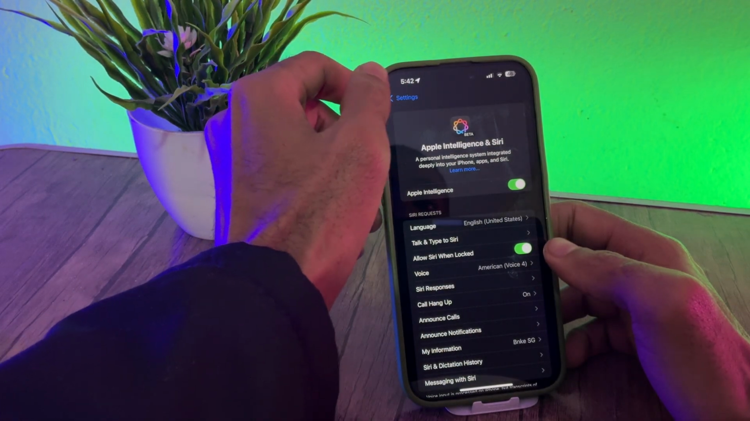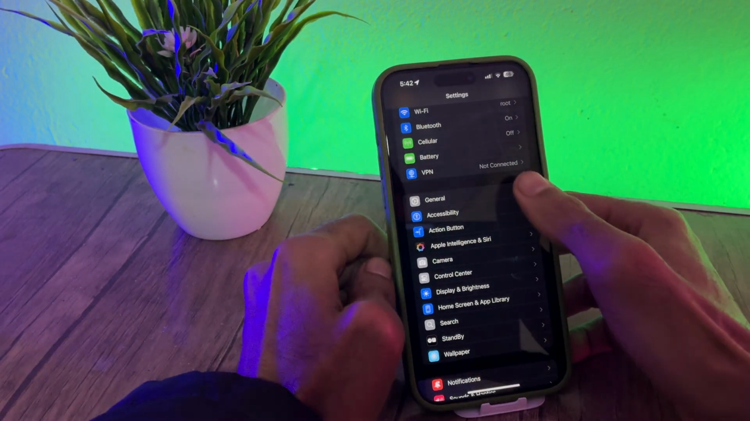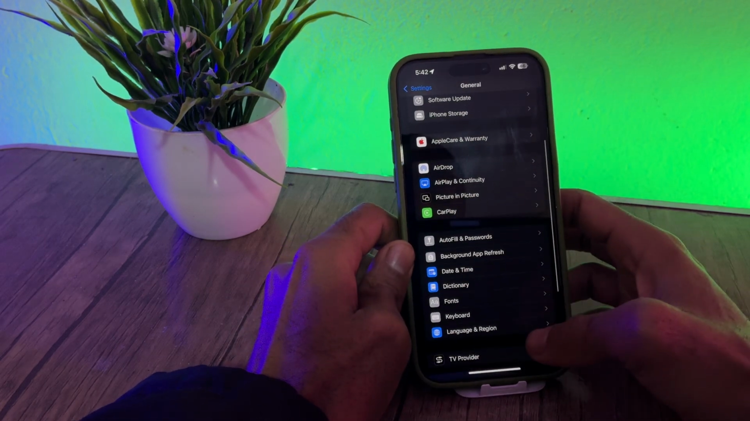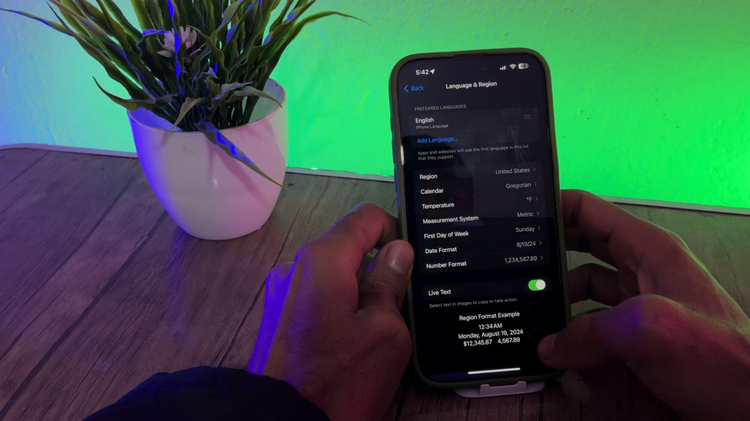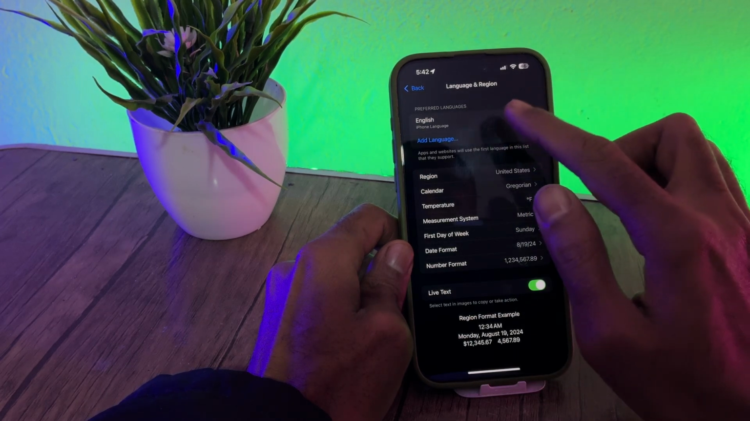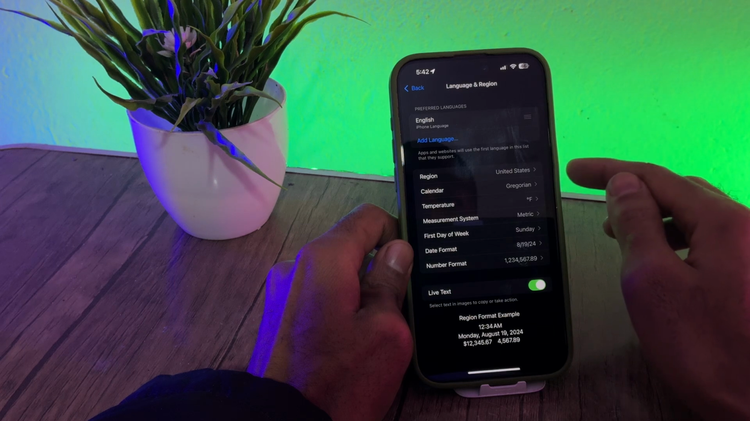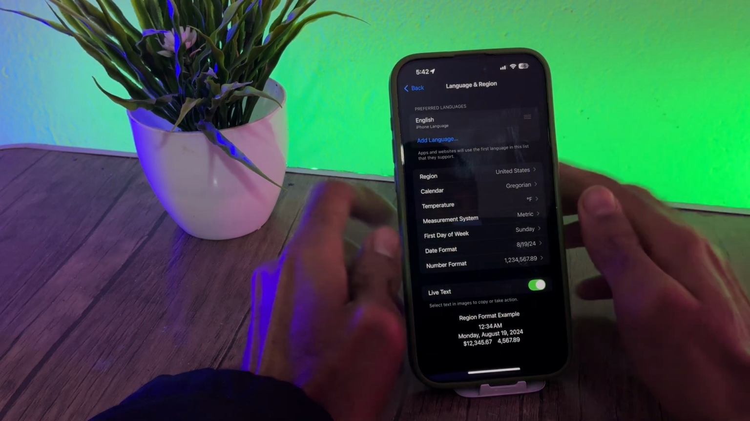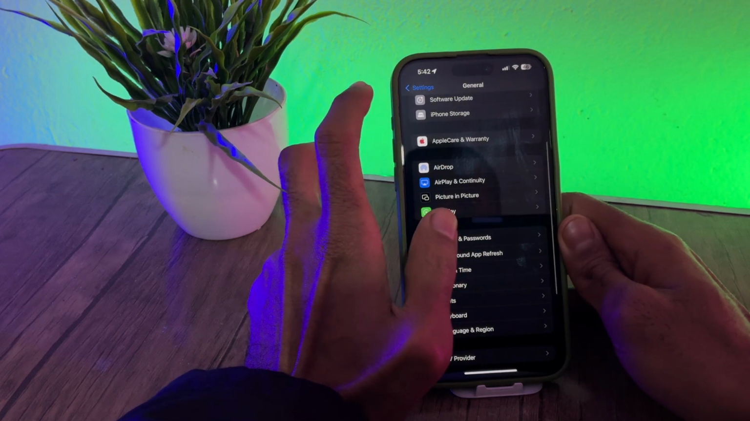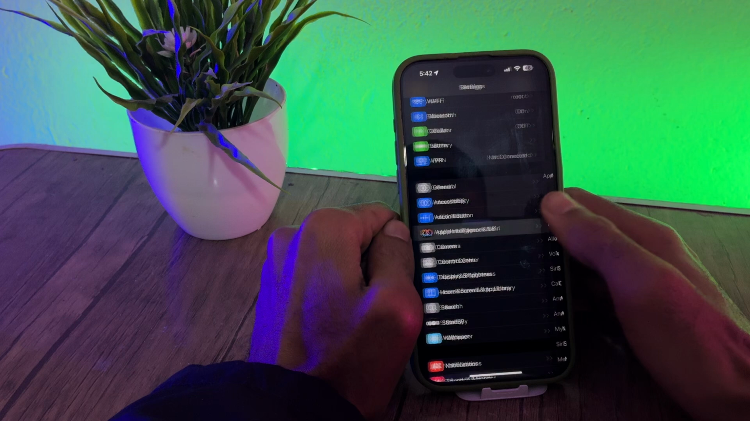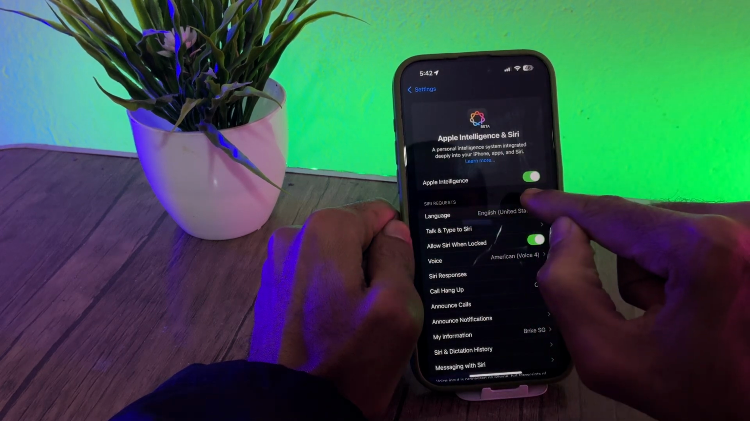The second step, go to General. From General, go to Language and Region. Press on it. Make sure that the language of your device is English and the region is United States. After that, you go back and go back again to Apple Intelligence and browse and enable the